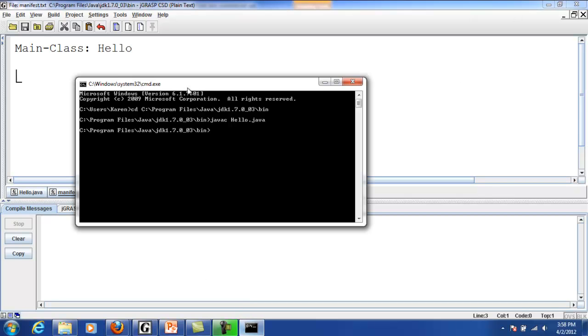So now that I have my manifest file, we can start creating the jar file. I'm going to use the command jar. C means create a new jar file. F means I'm going to specify the file name of that jar file. And M means I'm going to specify my manifest file. jar CFM. First, we're going to give it the name of the jar file,